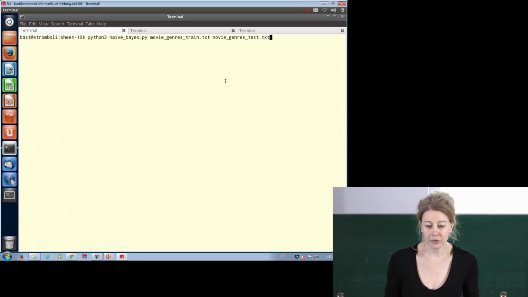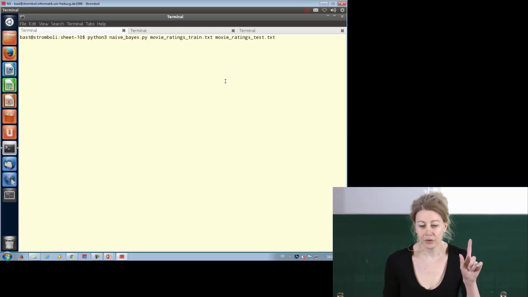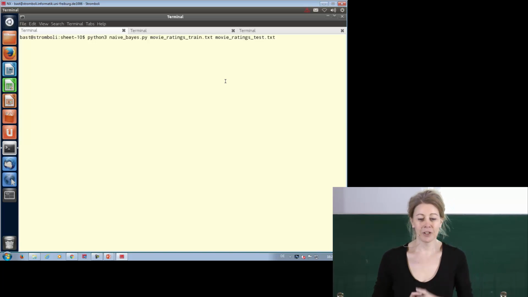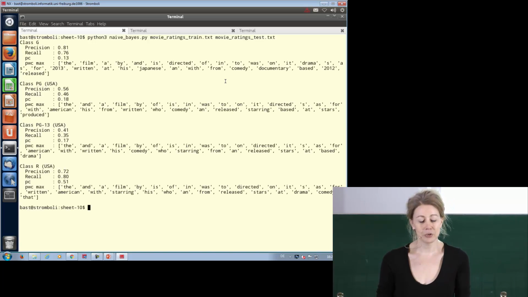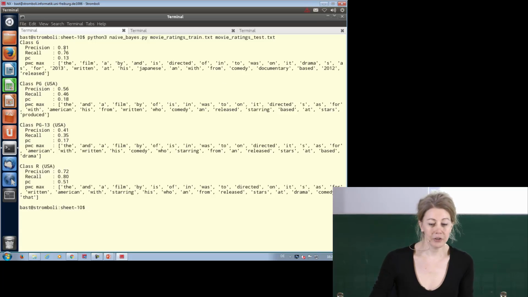Let's maybe also look at the results for the ratings. I haven't tried it here, but I guess it will work. So the ratings were 4 ratings, right? R which is all the interesting movies. G is general audience, and then PG, parental guidance, and parental guidance 13. So what do we get there? This should be faster because it's a smaller set. So G, general audience, works very well, very well. So again, you have these words which don't say much. Then you have Japanese, which is surprising.